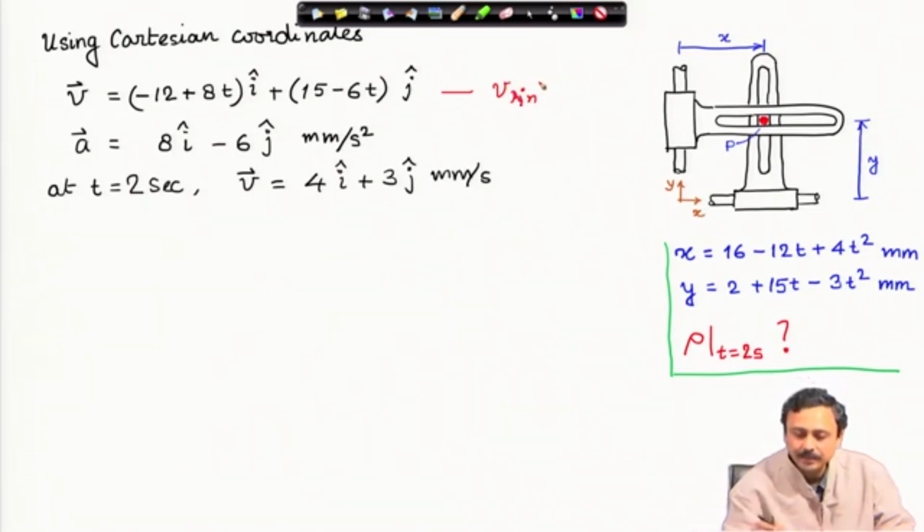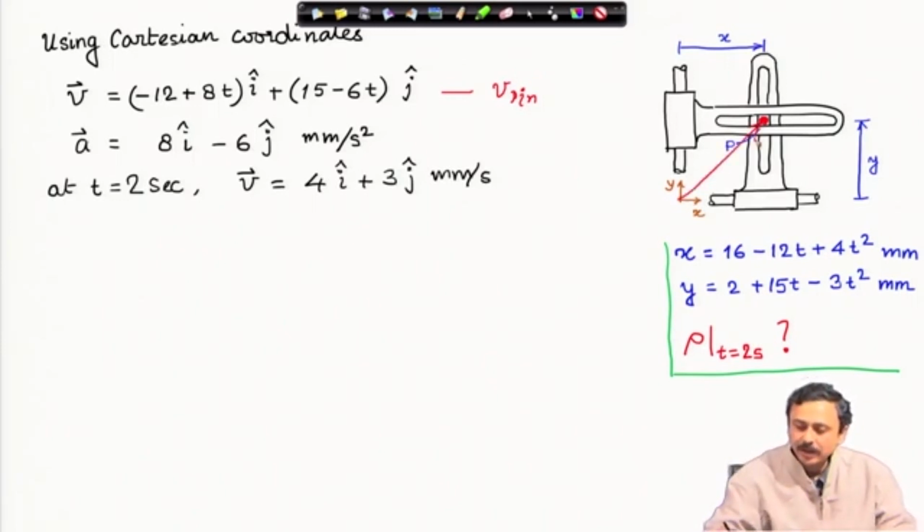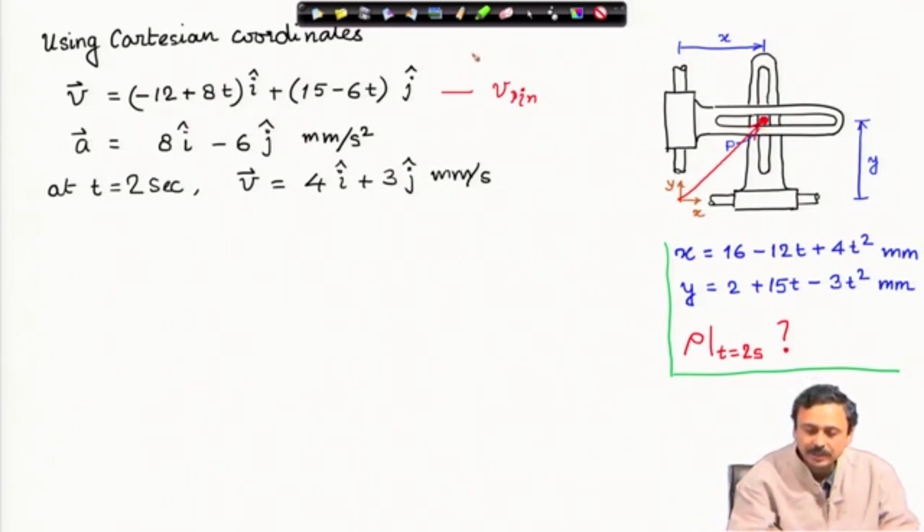So, velocity of the pin is given by its coordinates. So, I take x I cap plus y j cap. So, the position vector of the pin is x I cap plus y j cap,